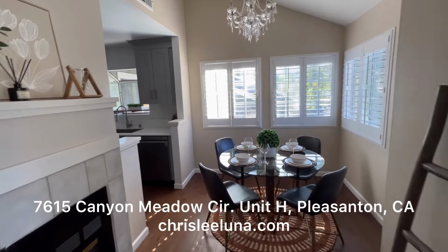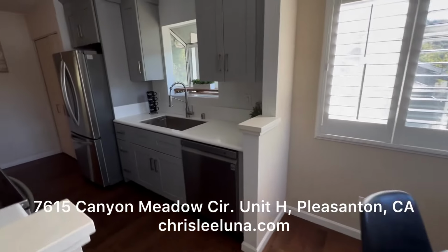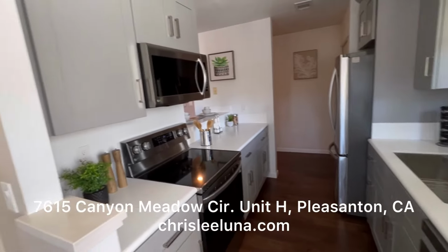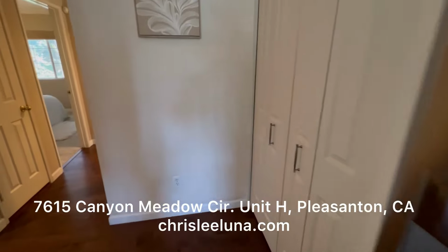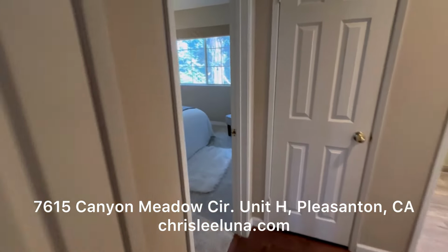an updated kitchen with dining area, Wilson art countertops, stainless steel appliances, custom cabinetry, pantry space, storage closet,